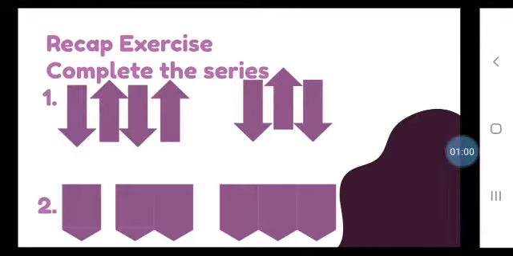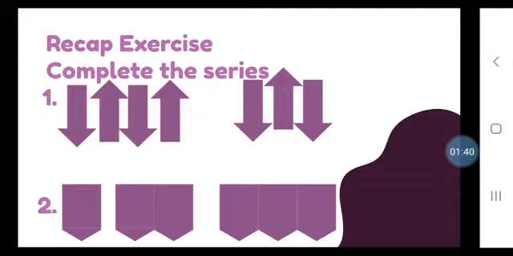So let's start our recapitulation exercise in the books. So dear children, please open your books to chapter number 12, the first page, recapitulation exercise. Children, first of all, to tell you about a pattern, let us discuss its definition. A pattern is a repeated series of shapes or objects which looks beautiful. So as you are able to see in the slide, and it's a very small exercise, the recap exercise, you have to do it in your books. Children, pick up a sharpened pencil and draw neat figures.